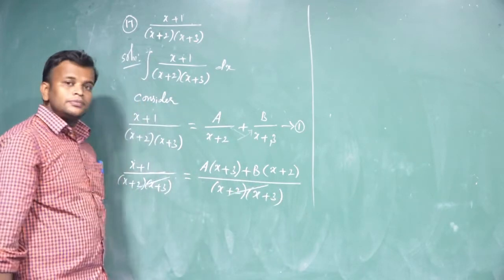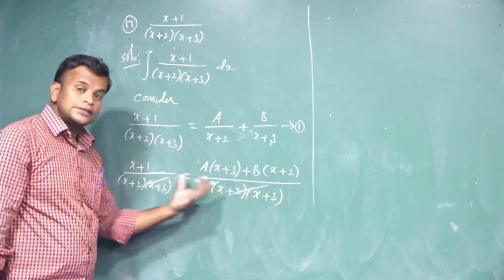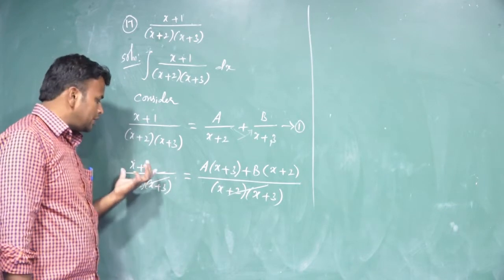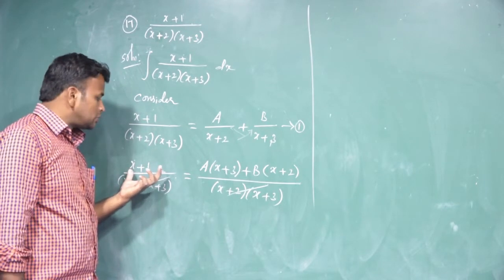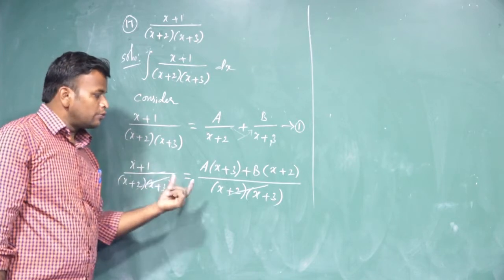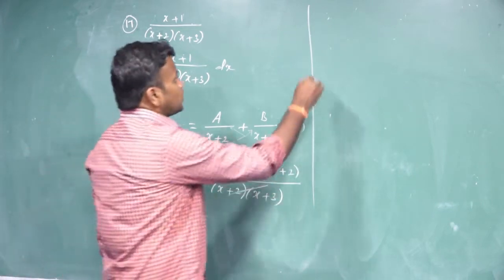Now we cancel this term. On the RHS and LHS, both denominators are the same, so I cancel the denominators, but the numerator stays as it is. What is the numerator of the LHS? It is x plus 1. The numerator of the RHS is a of x plus 3